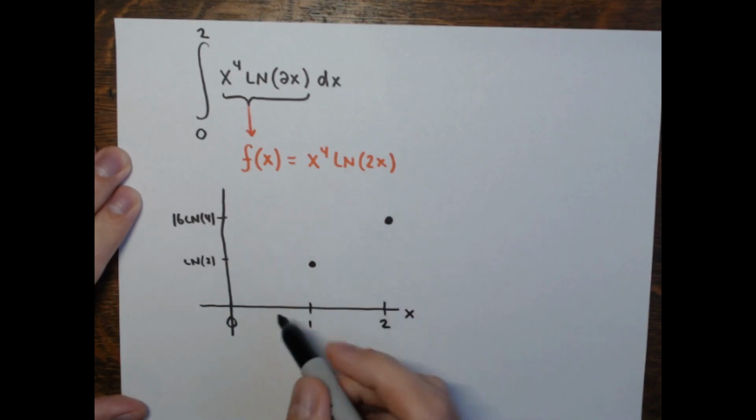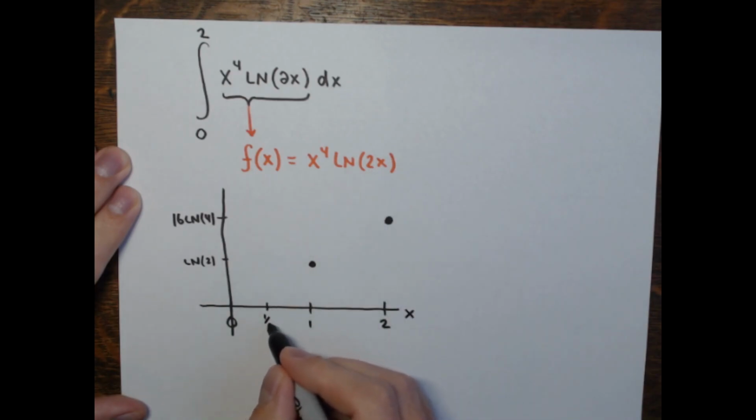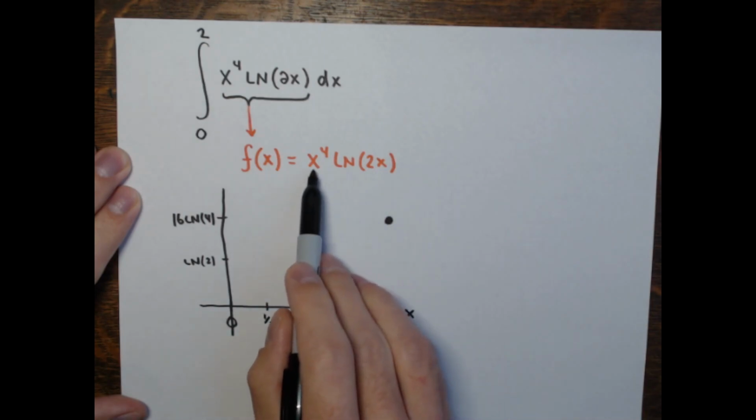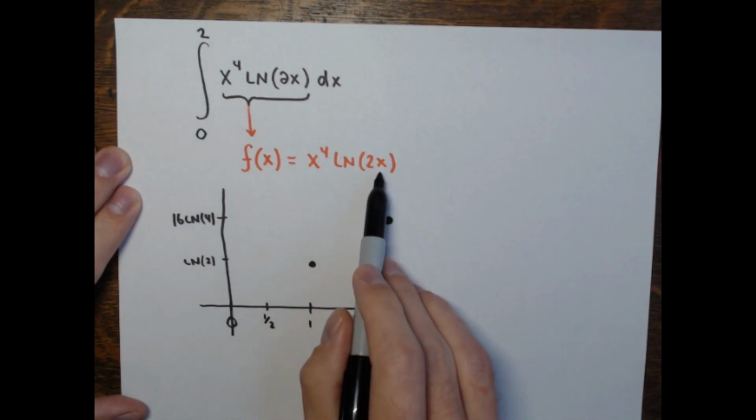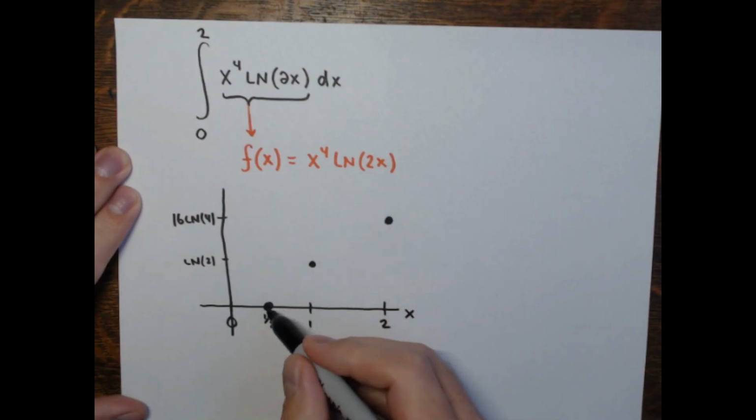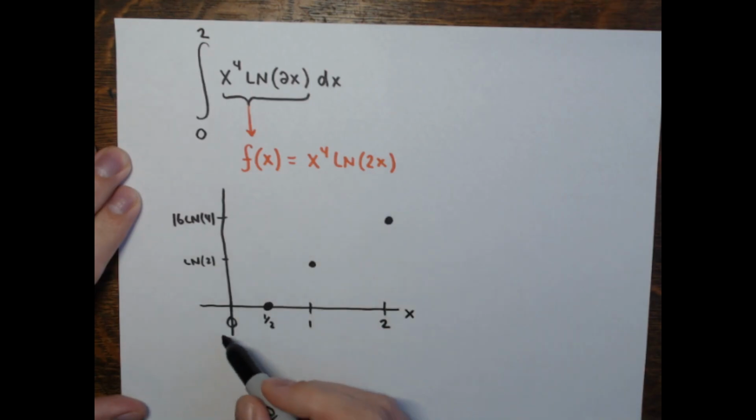I guess I could put a half in here because that would give me 0. Because you'd have 1/16 times the natural log of 1 when x is a half, but that would be 0. And you see it's decreasing. And what's happening is,